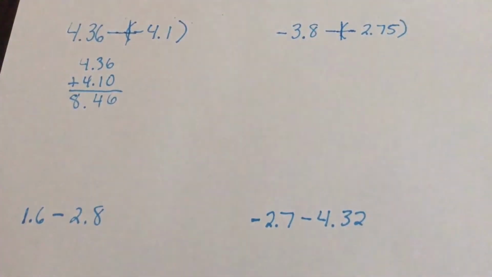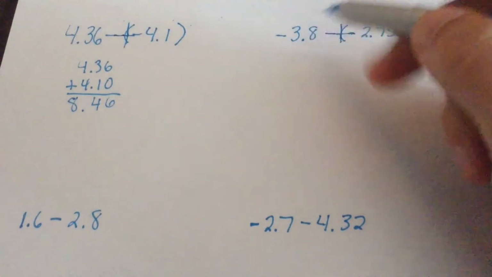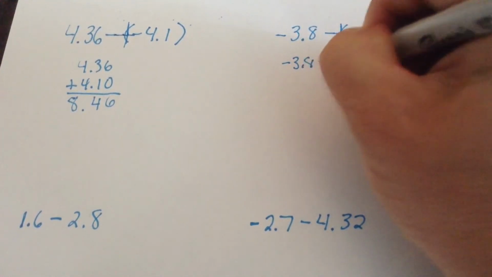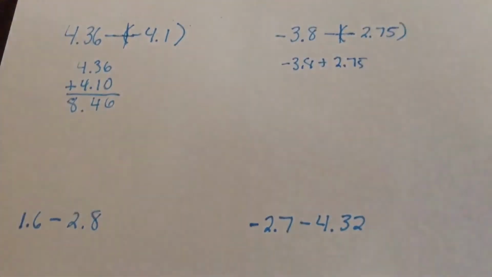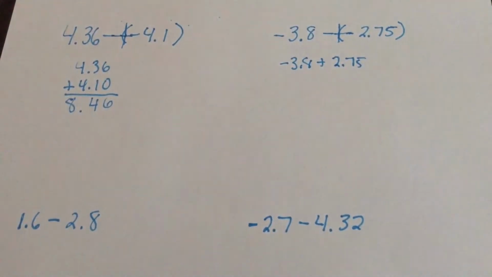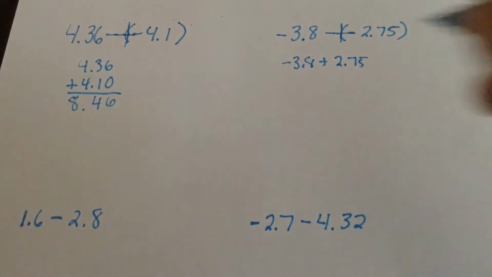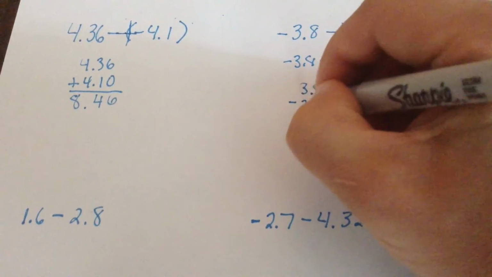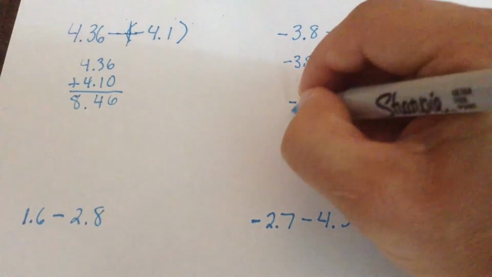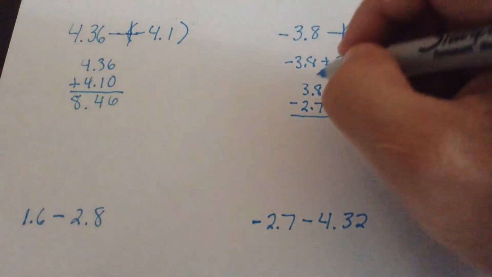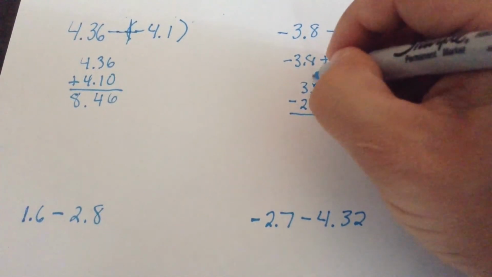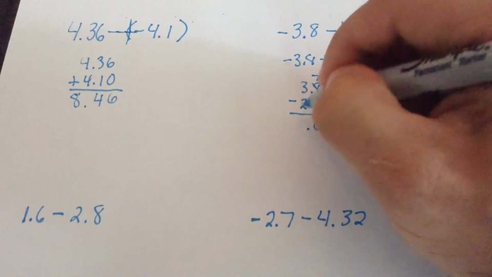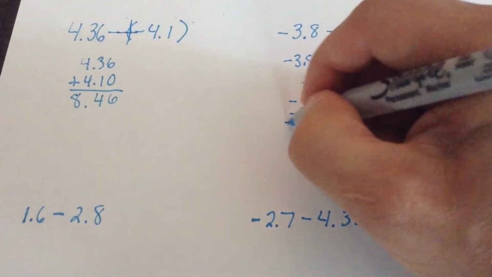Alright, on the next one here, I have minus and negative again, so that whole thing's going to turn to plus. But I have a negative this time, so I have negative 3.8 plus 2.75. Okay, 3.8's bigger, so I know my end answer is going to be negative, and I subtract the 2 away. So I've got to go 3.8 minus 2.75, add in a 0, and then subtract. So I'm going to borrow: 10 minus 5 is 5, 0, 1, and then 3.8 was bigger, so it's going to be negative